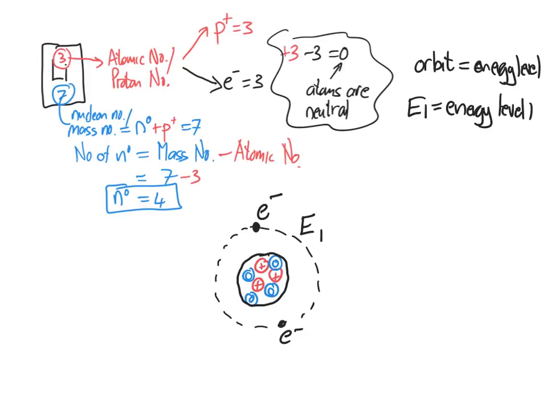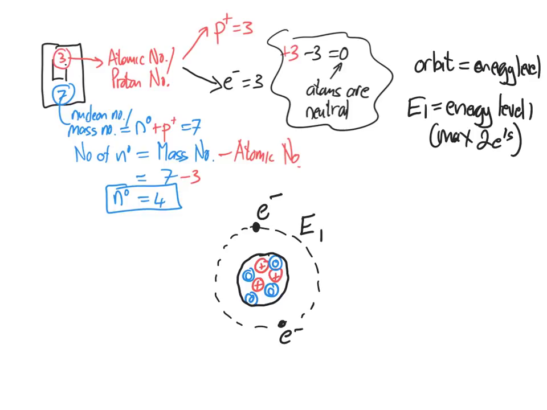Then that orbit is orbit 1, or energy level 1. That energy level 1 can only take a maximum of 2 electrons. Now the reason for that lies in very deep physics that is way beyond grade 8 level. We will learn more about it in grade 10. But for grade 8, we must remember that the maximum number of electrons in the first energy level, or the